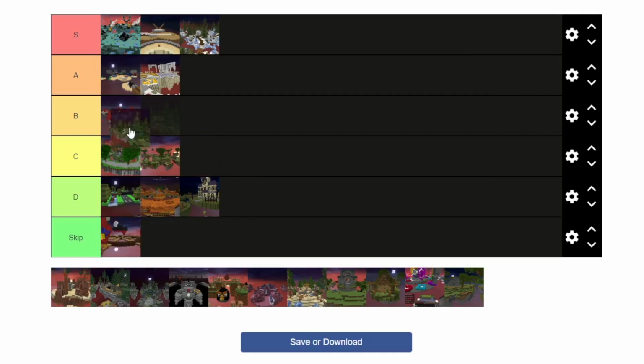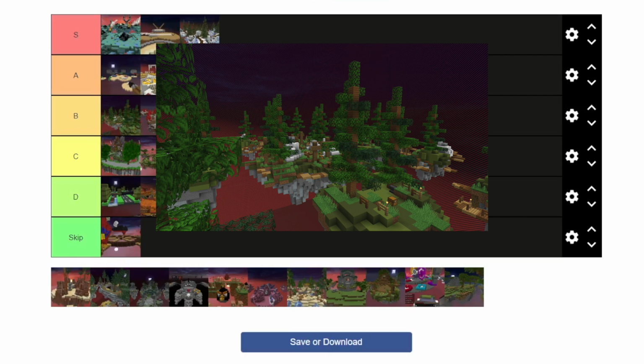Next, we got Pine. This is a B tier map, in my opinion. Higher than Mushroom, though. The reason why this isn't an A tier is because I feel like the map is a little bit too small. I know, maps are too big, maps are too small. I get it. But basically, from your spawn island...